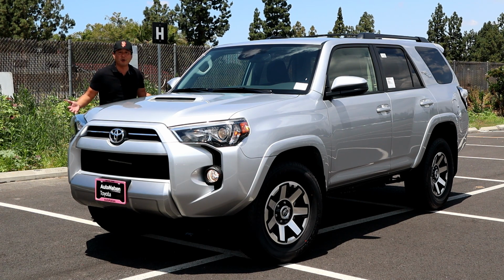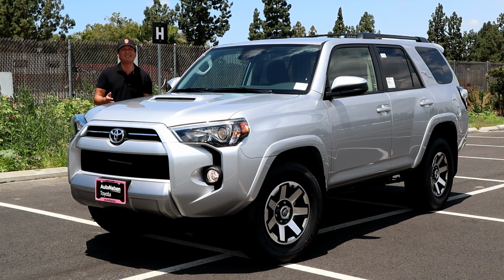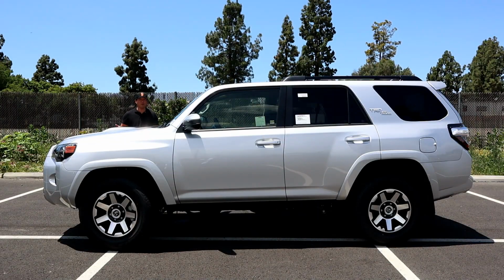There are 8 different trim levels, 7 packages to choose from, but one powertrain. It's a naturally aspirated, bulletproof, tried and true 4.0 6-cylinder engine. The trim levels start off with the SR5s, the TRD Off Roads, the TRD Pro, then you have the Limited, Nightshade, and Venture Edition. The SR5 starting price is